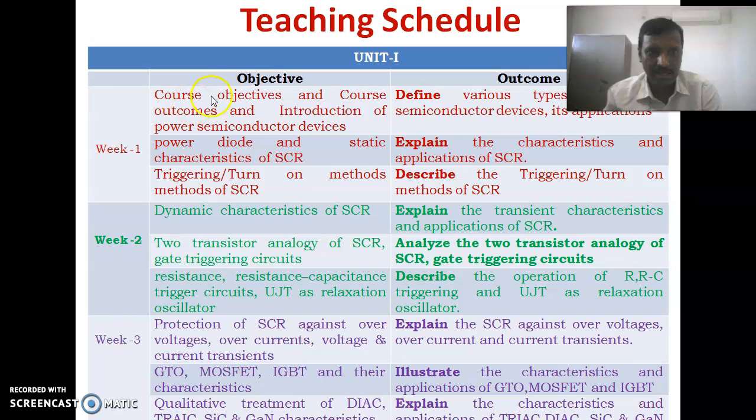So every 3 lectures, I will upload one assignment. The assignment consists of 3 multiple choice questions, 2 short answer questions and 1 numerical problem. At the start of week 1, I will upload assignment 1, and at the start of the second week the student will be able to submit the assignment in the CMS within 1 or 2 days. I will upload the marks also, and each unit consists of 3 assignments.